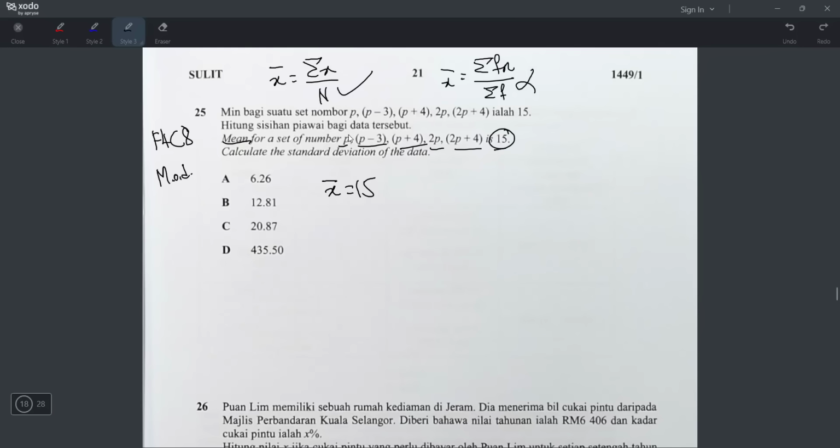We can actually take all these numbers, add together, and then divide by 1, 2, 3, 4, 5 numbers equals to 15, and we can find the value of p, right? But the soalan never asked for p. The soalan asked for standard deviation. Okay, standard deviation formula